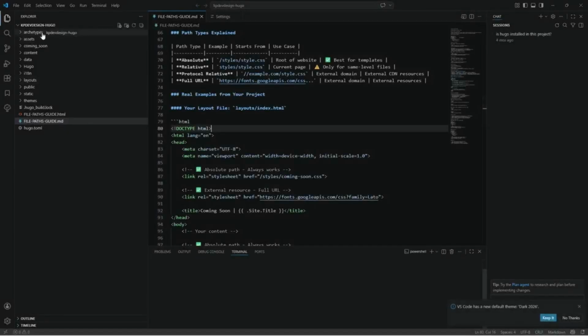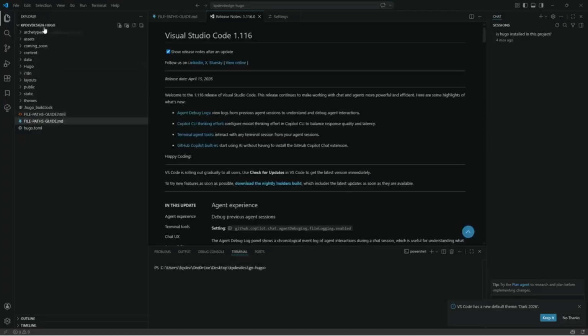I have previous projects that I was working on. As you can see, it's a Hugo project, and again, as I said, this was just for learning purposes, and we learned how to install Visual Studio. But as of now, I think you should also learn about other aspects of VS Code. So just to recap what we just did, we basically learned how to install Visual Studio. Now what we're going to do is eventually learn how to configure Visual Studio, which is obviously the most popular